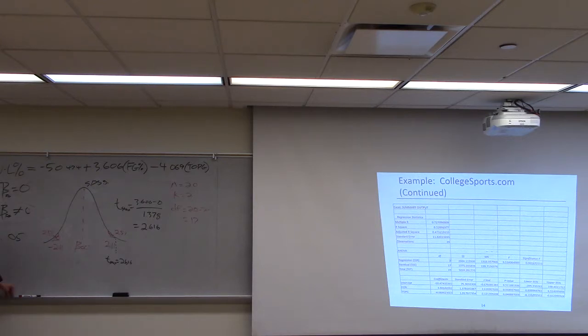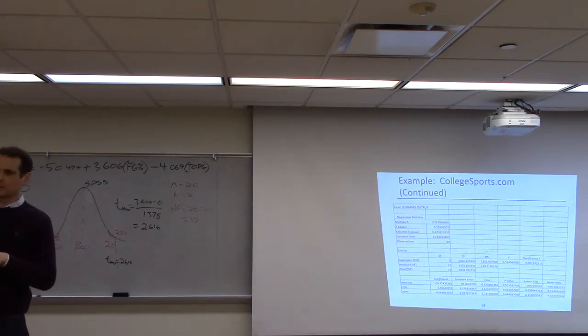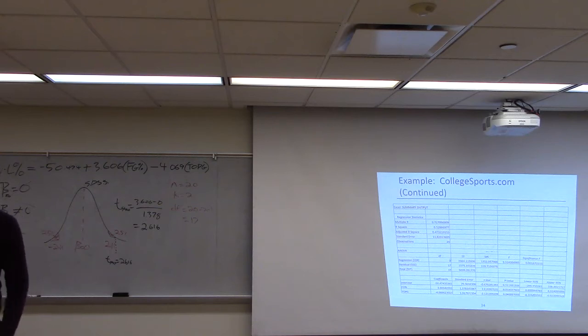How do you get it? You look on the chart. You could also look on your t-distribution under 17 degrees of freedom, just to get an estimate for the p-value. I remember we did the same thing last week. The t-distribution would just give you an estimate. You would say it would be between these two. So for this t-distribution, it's going to be between 1 and 2.5, right? Because it's 1.8. So if you look under 17 degrees of freedom,